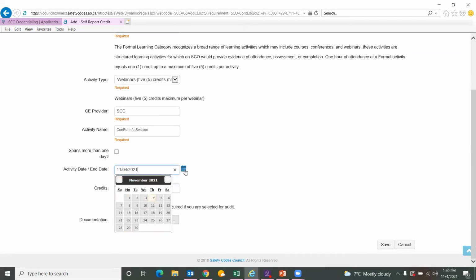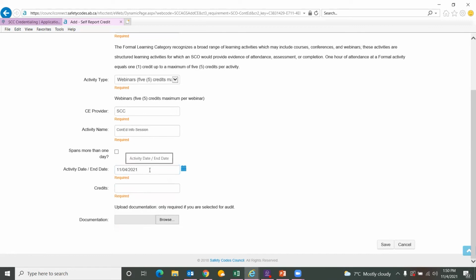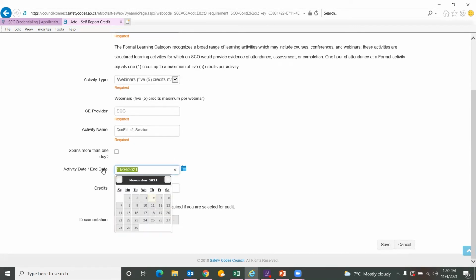Sometimes the big confusing part is, if someone is looking to record their DOP, you may say, what if I started in 2003? Do I need to click all the way back to 2003? I say, no, you can just choose a random date and then edit the date here. It gives you a really good view of the format of the date. And then at any second, you can just remove that and type in your date. So you don't have to click all the way to whatever year you started working. You can just type in that date instead.